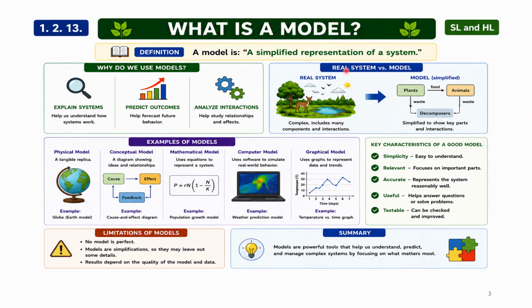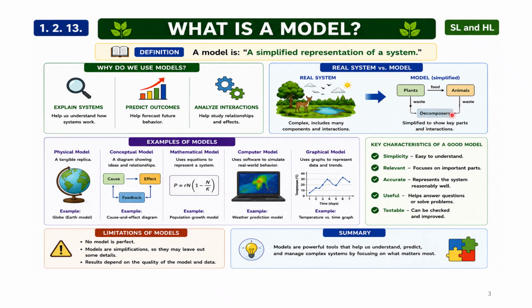A model is defined as a simplified representation of a system. We use models to explain how environmental systems work, predict future outcomes, and analyze interactions between components. For example, climate models help scientists forecast future temperature changes. Notice the difference between a real system and a model. A real ecosystem contains countless organisms and interactions, whereas a model focuses only on the most important relationships, such as